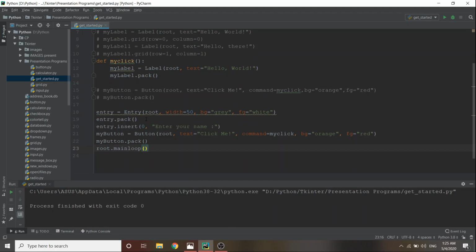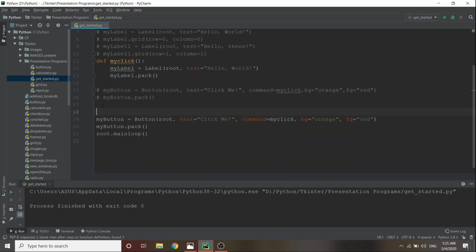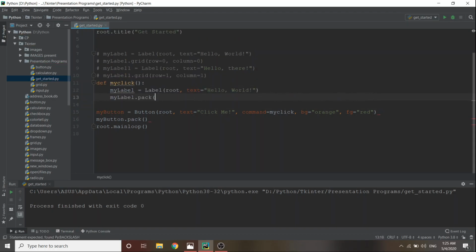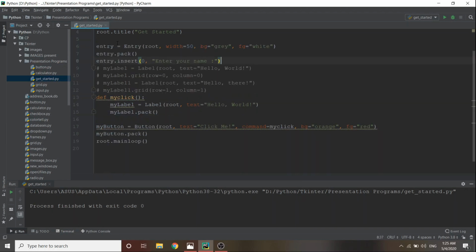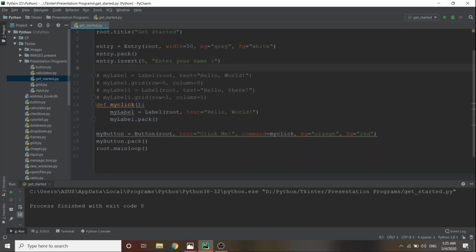Let us move this entry widget upwards, so our flow of programming will be okay. Here we will put the entry widget, and inside the my click I will give this text as